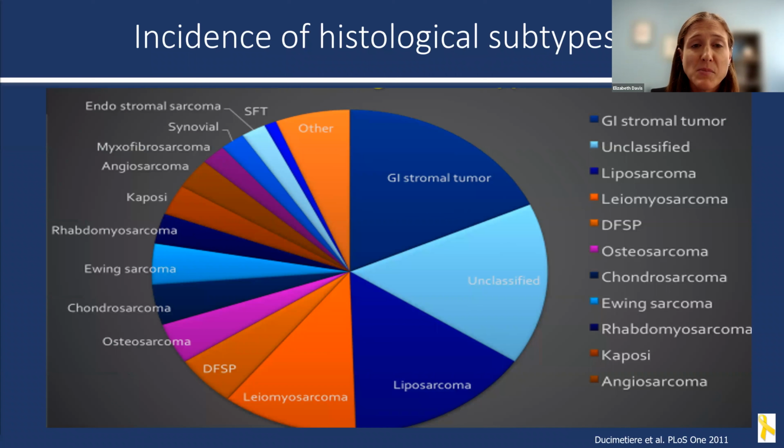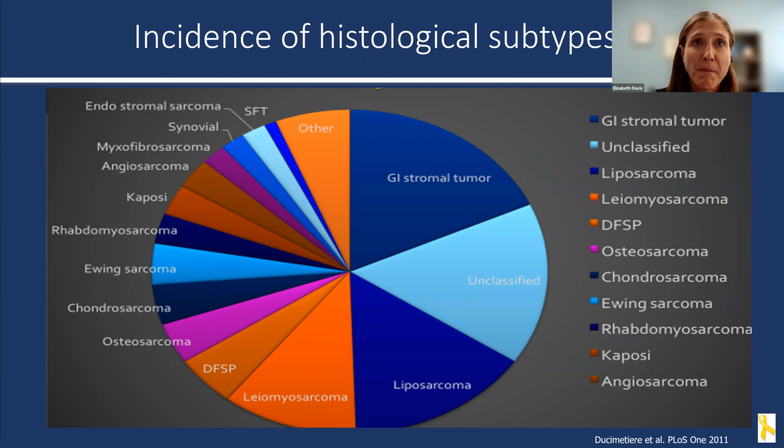This pie chart displays the incidence of various sarcoma subtypes. On the far right in blue, you can see gastrointestinal stromal tumor, or GIST, unclassified sarcomas, and liposarcomas account for almost 50% of sarcoma cases. On the left side of the screen, in an array of different colors, you can see that there are numerous other histologies, but that there is a large group that is in fact incorporated into this very small pie piece